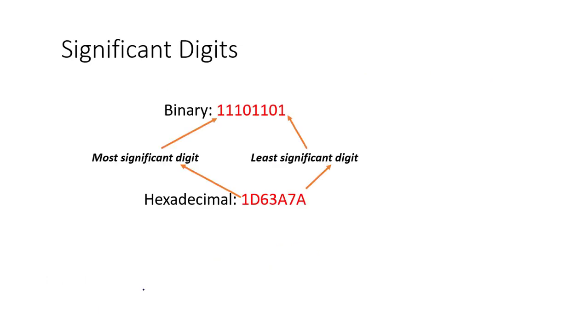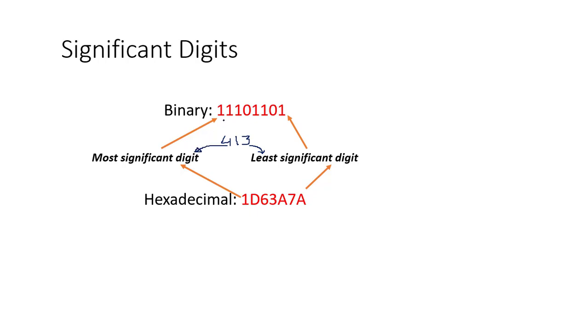Right now, any number, for example, let's say you are already familiar with our decimal number system. For example, I'm writing a decimal number, let's say 413. Then 3 is written on the right hand side, so 3 is called the least significant digit, right? And 4 is called the most significant digit.